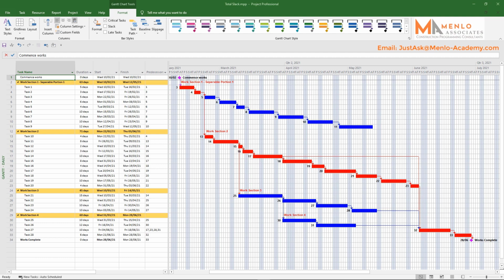This video will cover how to view the amount of slack on a task using the total slack column. How does keeping an eye on total slack help us? Total slack is the amount of time a task can be delayed before you get an impact to the critical